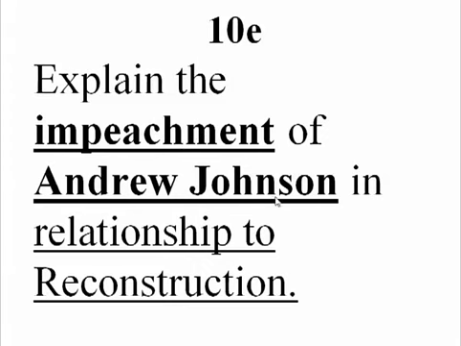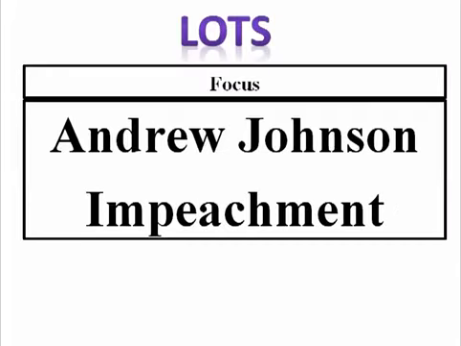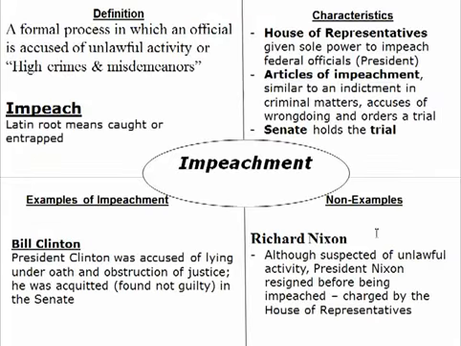All right, so we're going to talk about his impeachment. So here's Andrew Johnson. He's going to be impeached. That's the focus of this standard, Substandard E. The impeachment process under the Constitution gives the sole power of impeachment, that is, accusing a federal official, especially the president, of doing something wrong, to the House of Representatives. So the impeachment proceedings must first start and originate in the House of Representatives, and then they